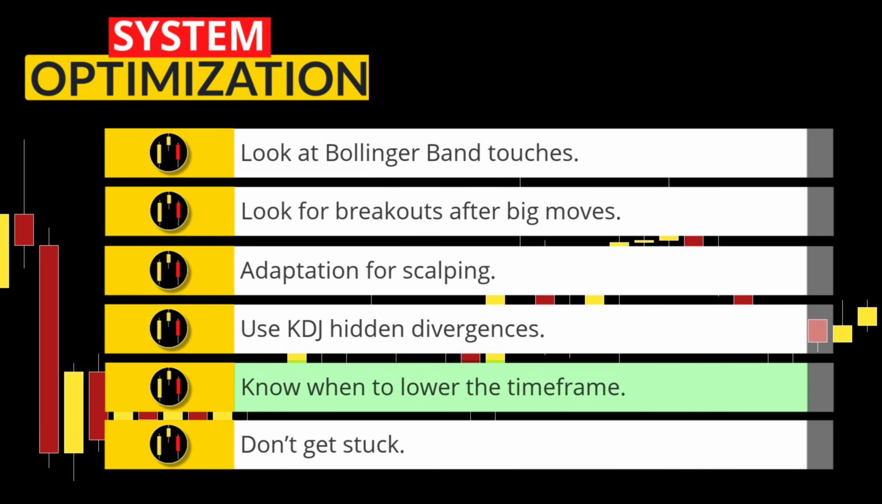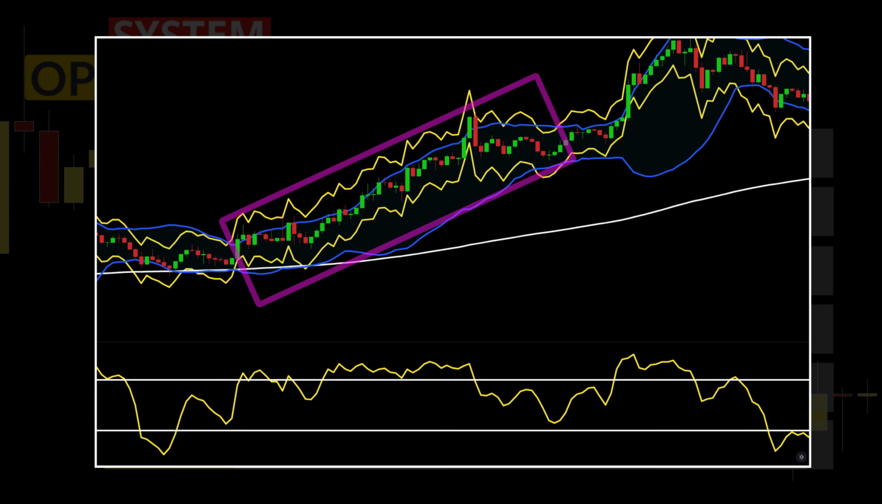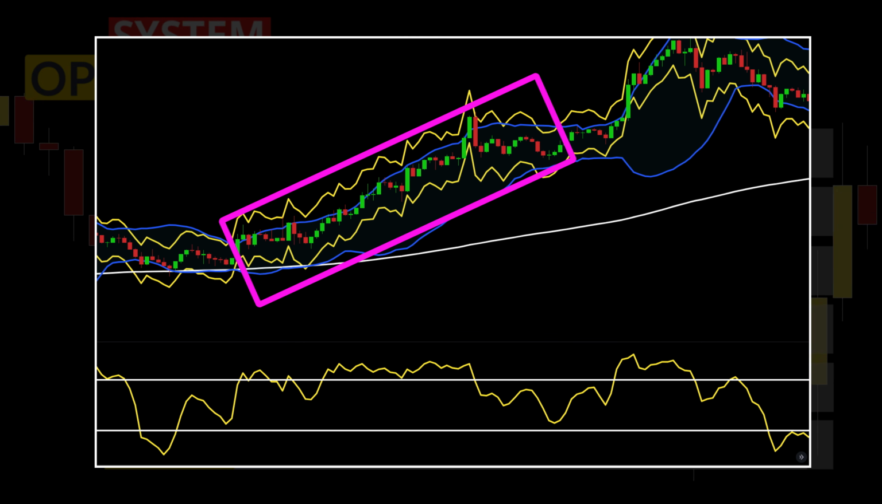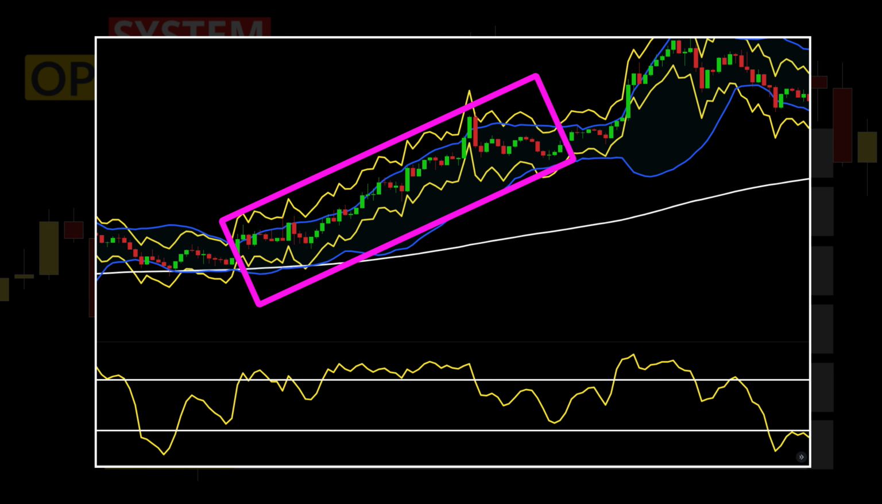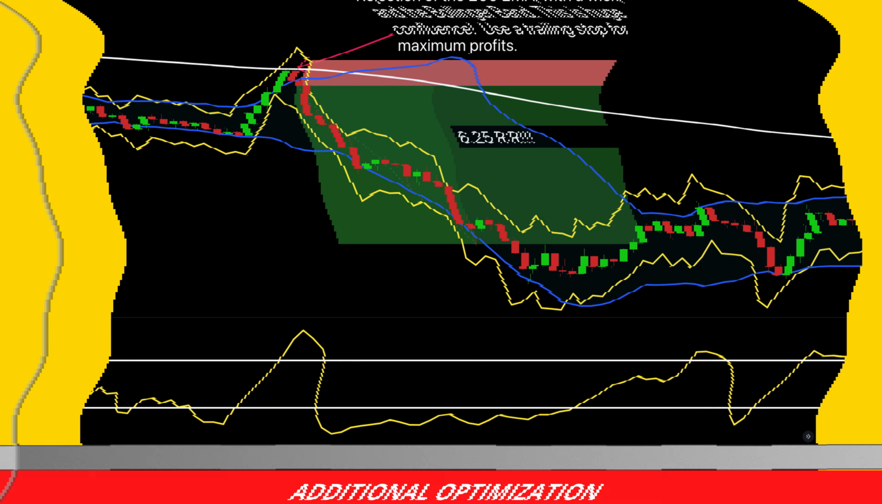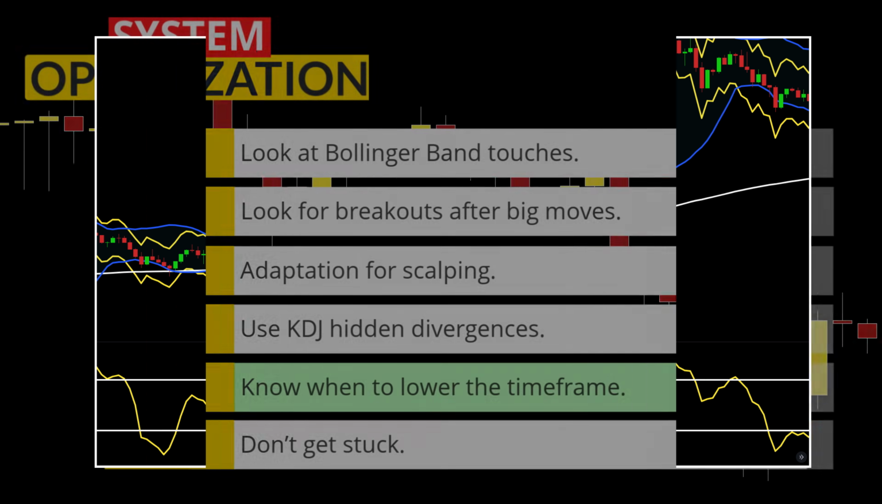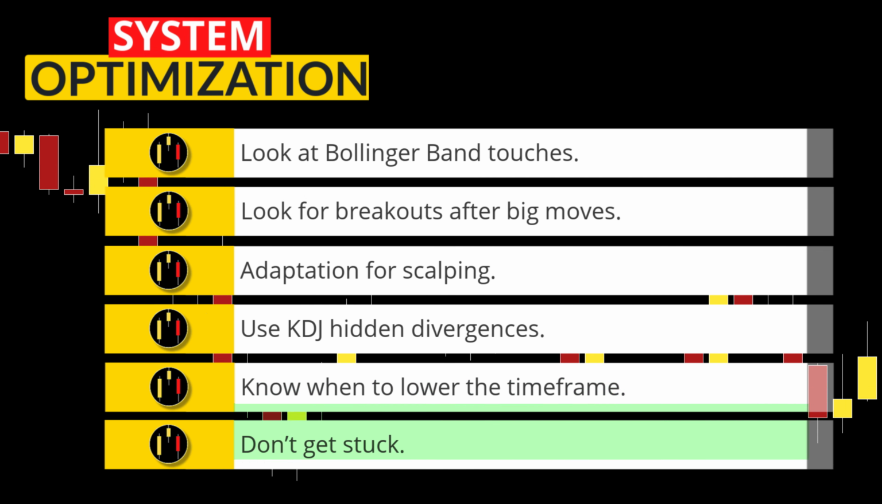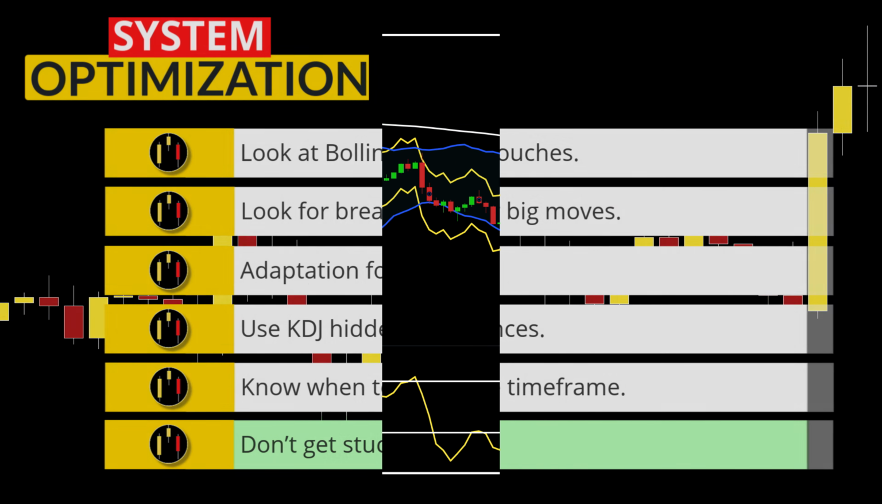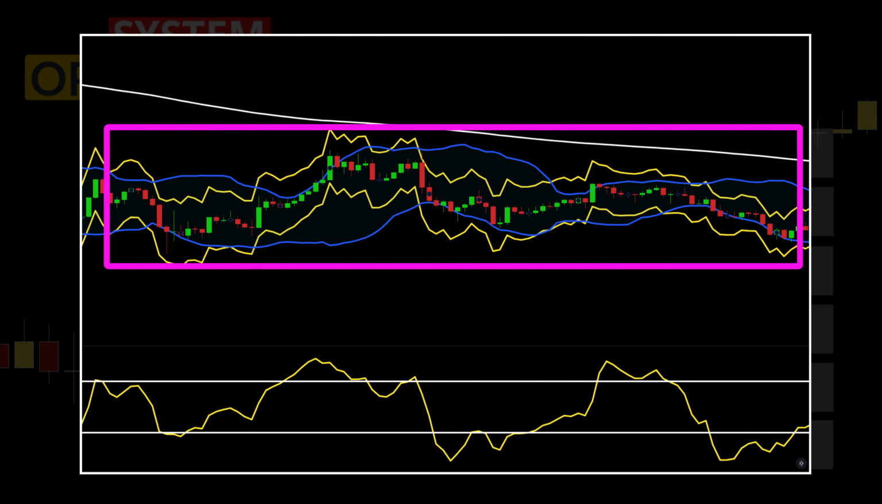Fifth, when you see the market on the 2-hour chart trending impulsive like this, a smart trader will jump down to a lower time frame like the 15-minute to look for signals for some quick profits going with the overall 2-hour trend. Furthermore, Bollinger Bands sometimes do well in consolidation periods, like shown on this chart, but the issue is